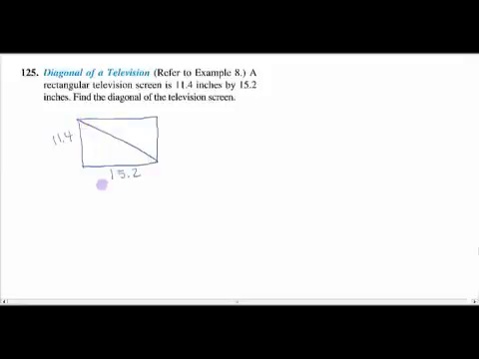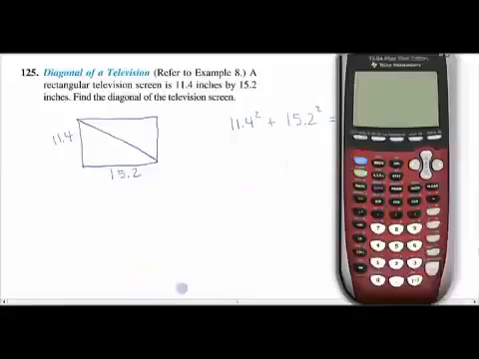So again, we're using the Pythagorean theorem. This is A, this is B, and we're finding C. So 11.4 squared plus 15.2 squared equals my C squared. Let's use our calculator. We have 11.4 squared is 129.96,